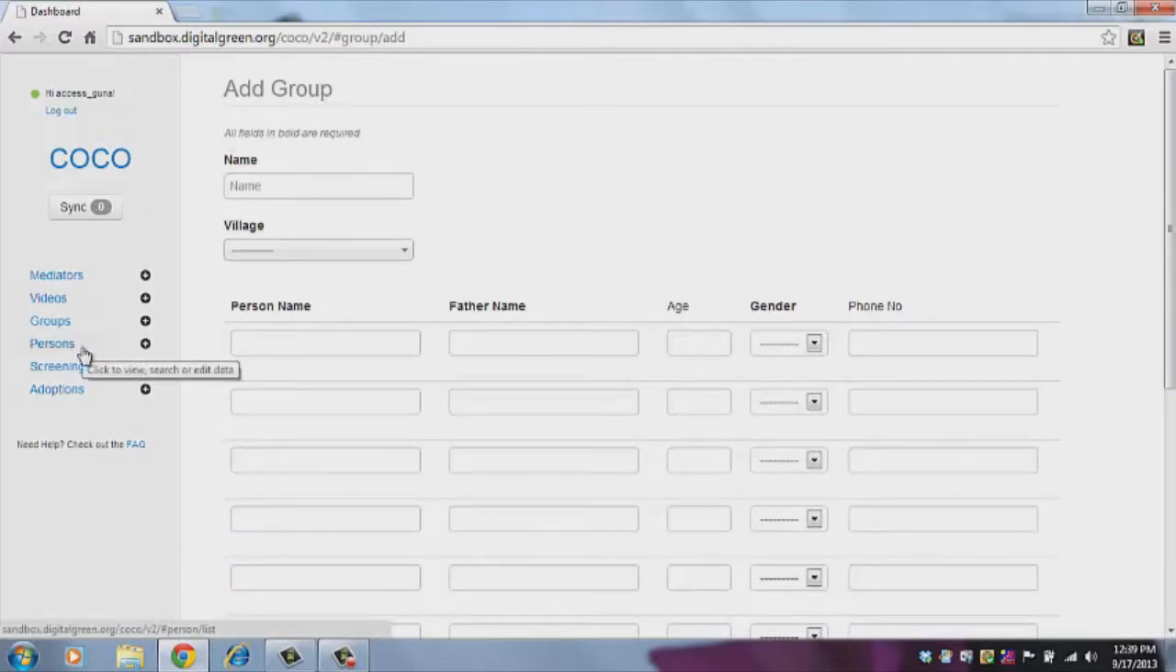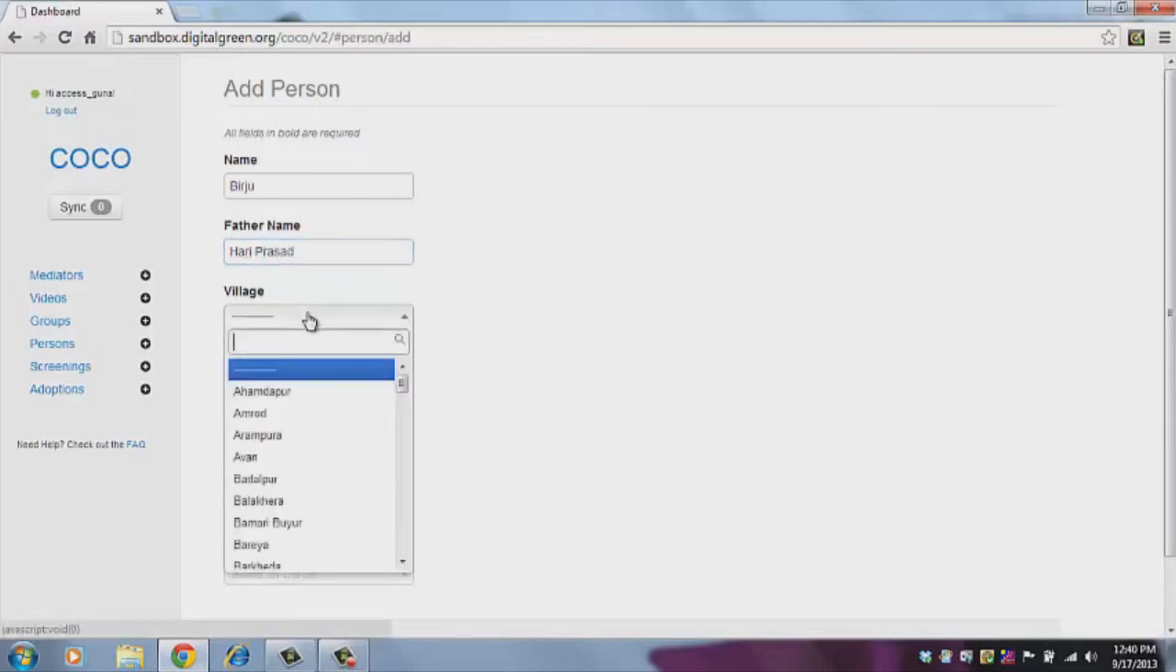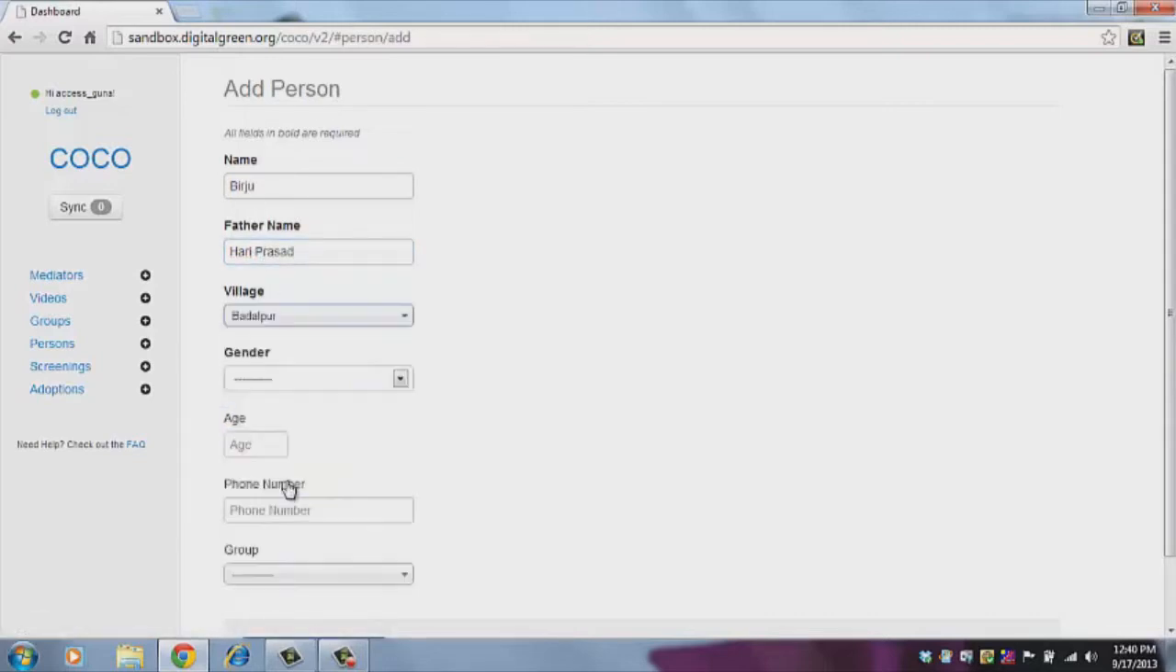Now, persons are any external viewers that attended the dissemination who do not necessarily belong to a group. To add such persons, click on the plus sign. Enter the name of the person, for instance Birju. Enter the father's name. Select the village from the drop down. Select the gender, the age if known,